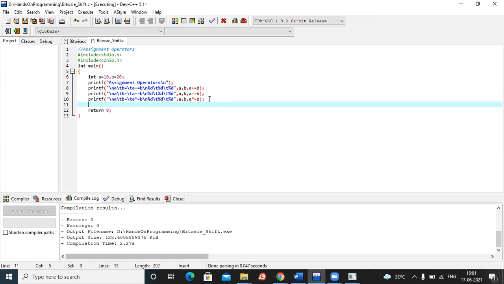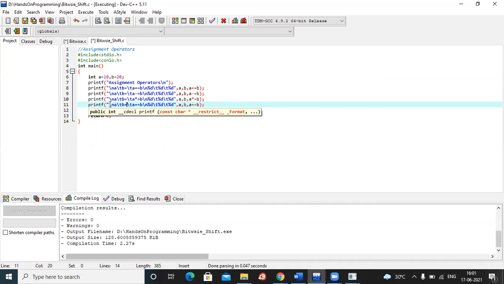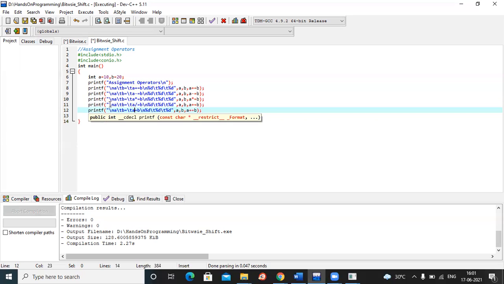Now finally for division we will see, and I also want to show you modulus as well. So here I will use backslash n. Backslash n is basically used for the new line. First we are performing it for the division purpose, and then below we are performing it for the modulus purpose.